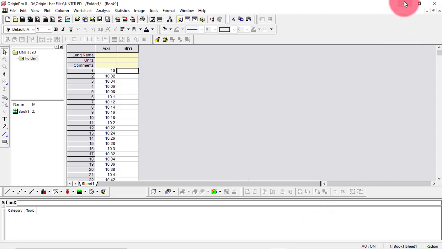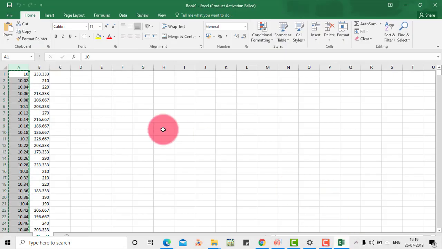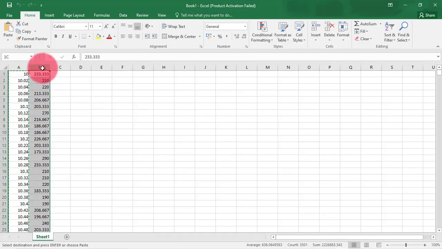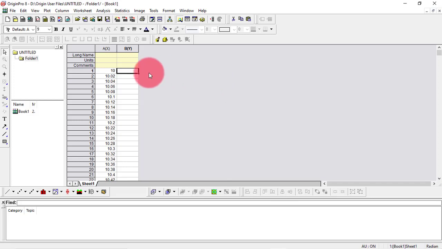Next I'm going back to my Excel sheet and select column B. I'll again press Ctrl C to copy this data as the Y parameter of my graph, and again in Origin I will click the row 1 column B cell and press Ctrl V to paste the whole data here.